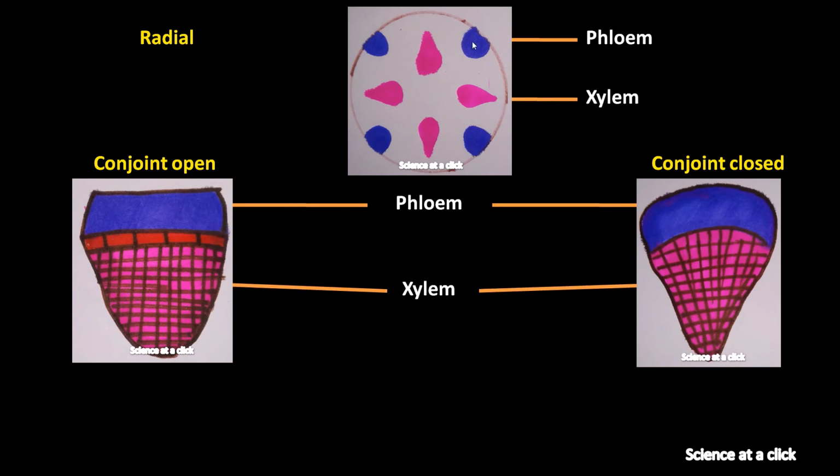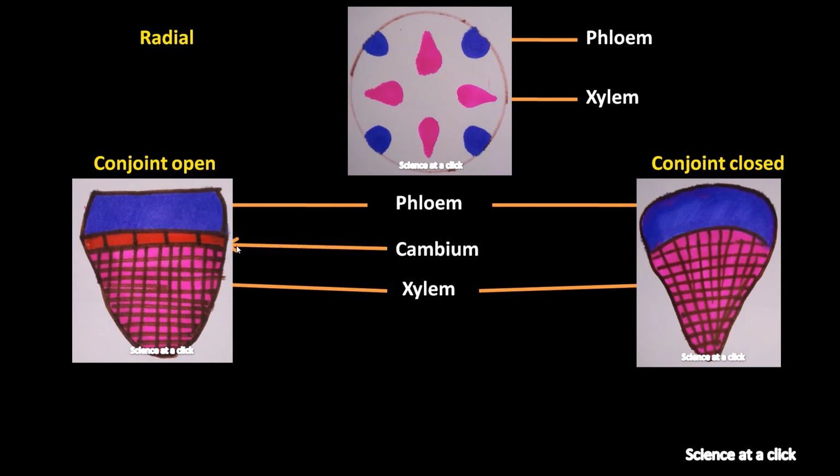When there is an alternate arrangement of xylem and phloem in a circular manner, it is a radial arrangement. But when the phloem and xylem present in the vascular bundle are situated at the same radius, meaning in a straight manner, not alternate, then it is known as conjoined. These vascular bundles are common in stems and leaves, and conjoined ones usually have their phloem exposed outside and xylem present inside.